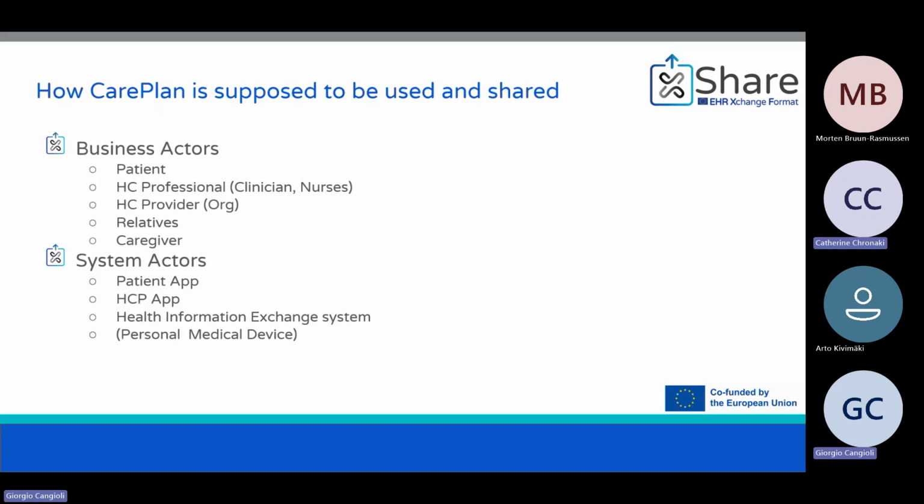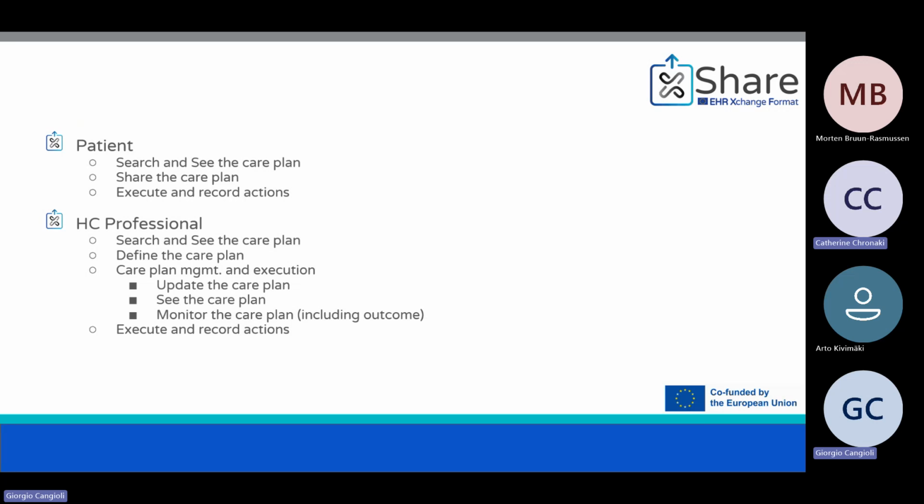And we started to try to identify the possible business actors, and what some possible system actors might be involved in the scenario, and this is where we stopped. What we expect that each business actor should be able to do for the patient and for the professional. And then we were at that point because we have not concluded that part.